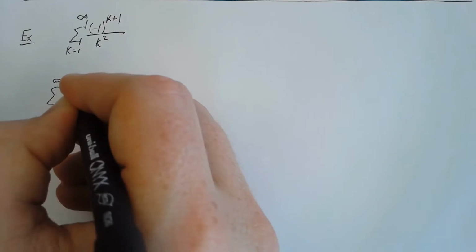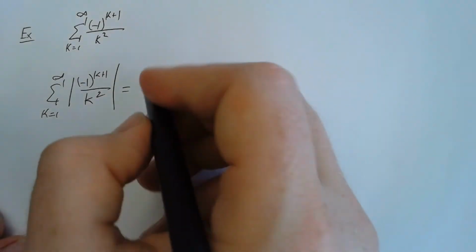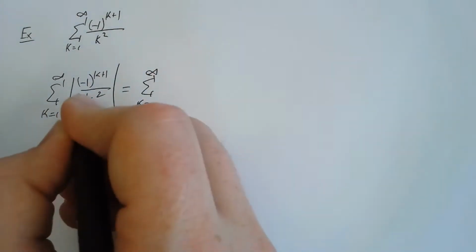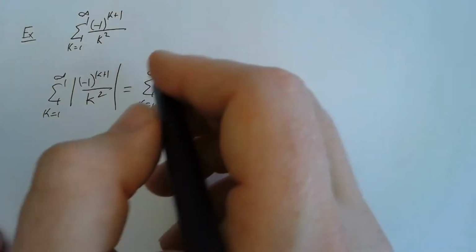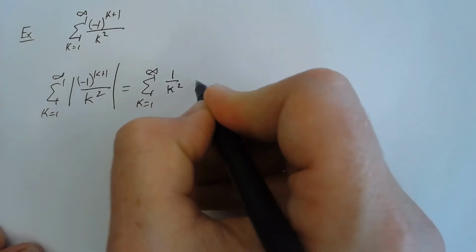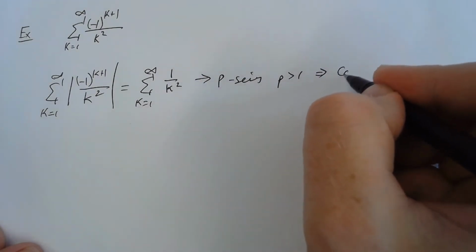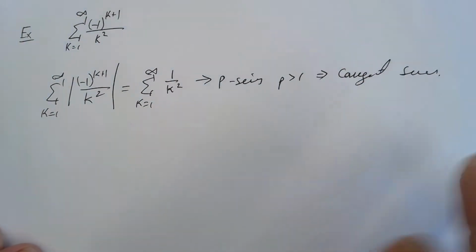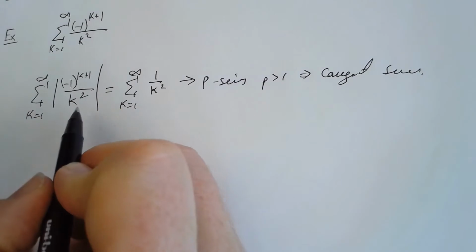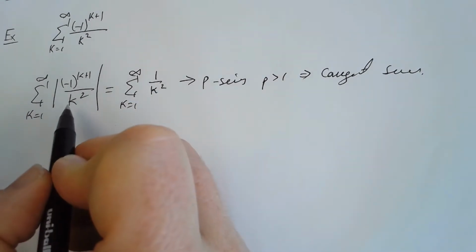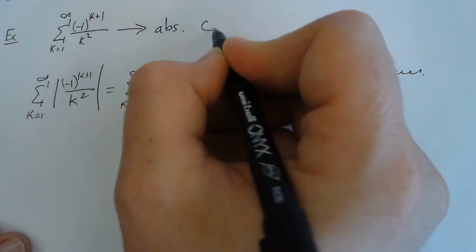So I'm going to test whether or not this series is actually convergent. Looking at this series, the -1 to the power of k plus 1 inside of an absolute value doesn't change anything. And more importantly, the absolute value of k squared doesn't change anything. So this really just becomes 1 over k squared. But I know this to be a p series with p greater than 1, which implies we have a convergent series. Let's be very specific about this. This is a p series that is convergent. This p series is equivalent to the absolute value of the original series, so therefore I can state that this is absolutely convergent,